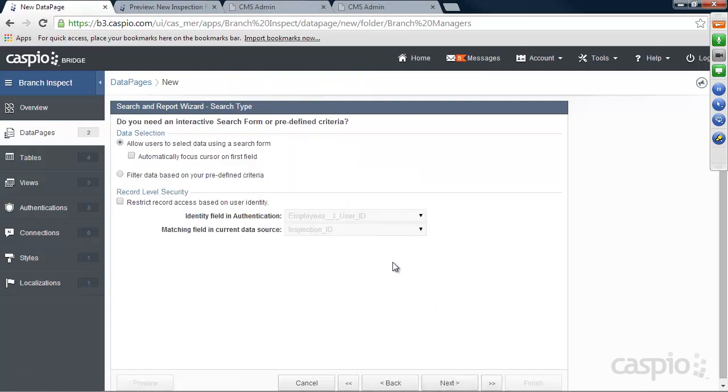You can have the search form, and now it's very important to set up record level security. So you enable this checkbox, and then you're going to apply the user ID of the employee. And then from here you need the manager ID, because the inspections table is storing the manager ID based on the branch lookup table, and the employee's name, that's the user ID for Jesse, who is ID number 2 in the employees table, and the inspection table is storing Jesse's ID as number 2 as well. So as long as these two are matching,